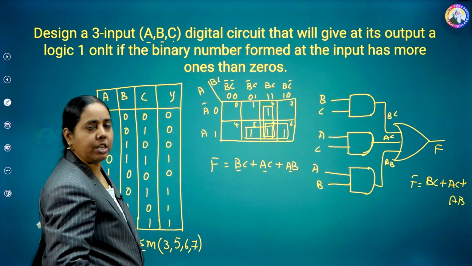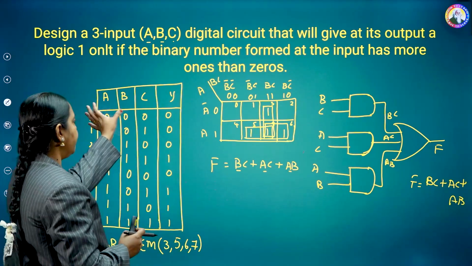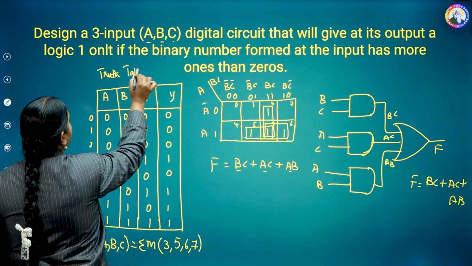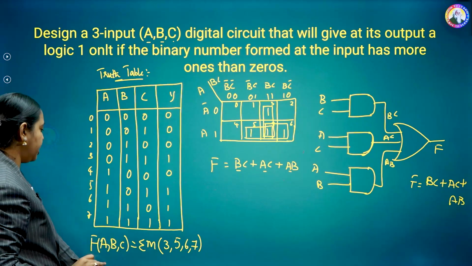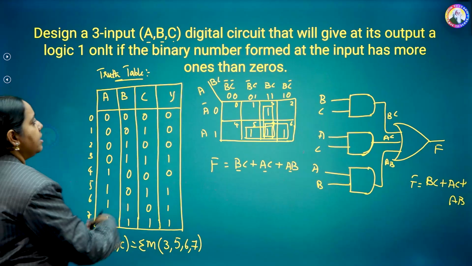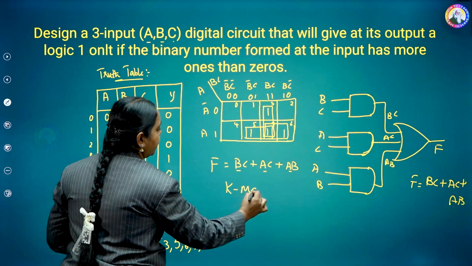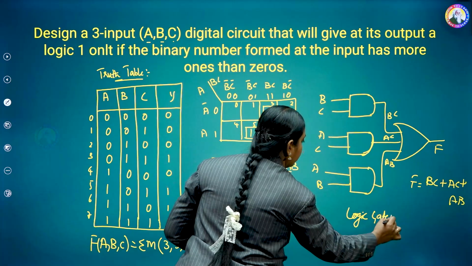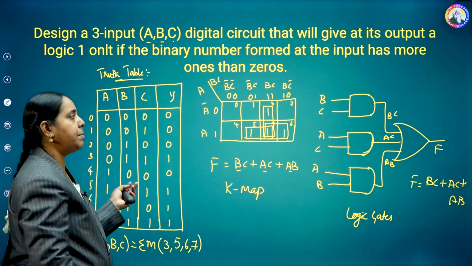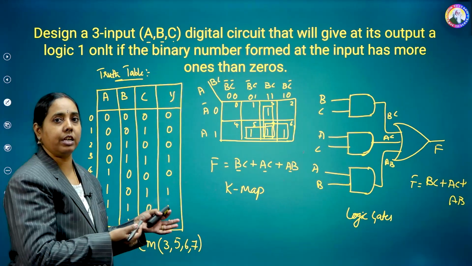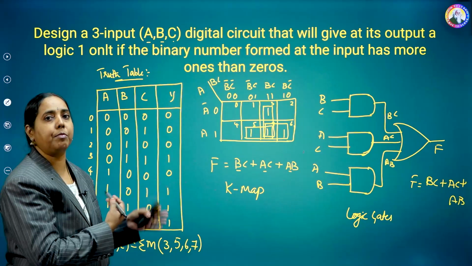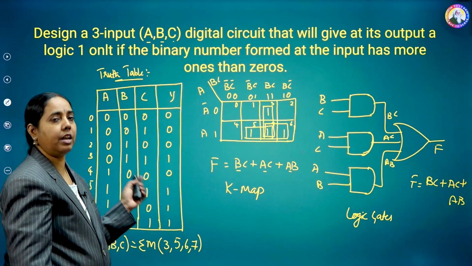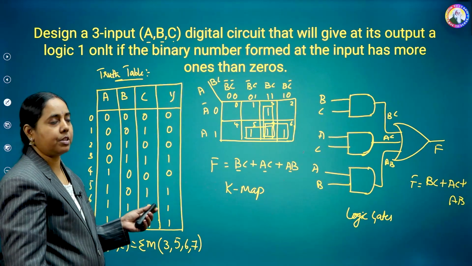So this is the complete procedure whenever the question is like this. First of all, I need to frame the truth table. So after framing the truth table, I can express it like this expression. After this, I'll go for the K-map simplification. After that, the design using logic gates. So this is all about it. In this video we covered the K-map simplification and how to solve by using K-map: 2 variable, 3 variable, 4 variable, 5 variable, using don't care conditions, and if a question is given like this, how to solve by using K-maps. Thank you.